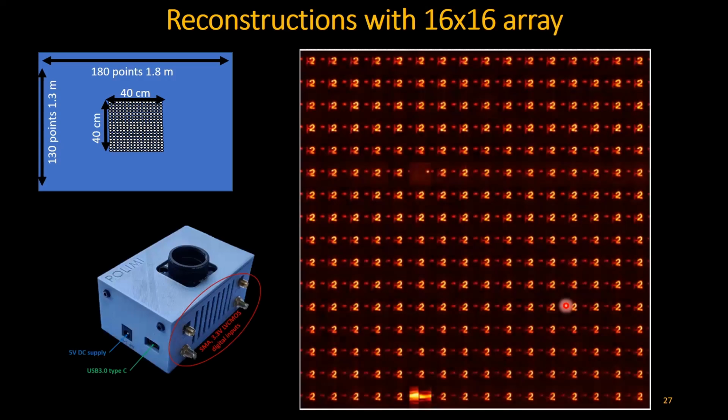So here's our 16 pixel SPAD. We did the same experiment. We scan the scene, which is a letter 2 here, and then show that in the time a single pixel system took to create one reconstruction, we can now reconstruct 256 separate ones. And then we just have to add them all together in order to get the reconstruction. So we've done that. We confirmed that the signal is there.